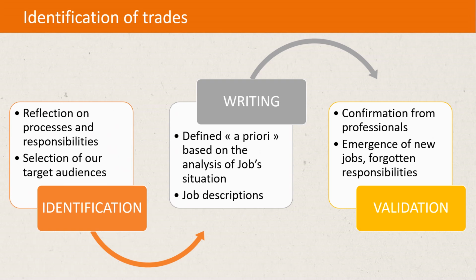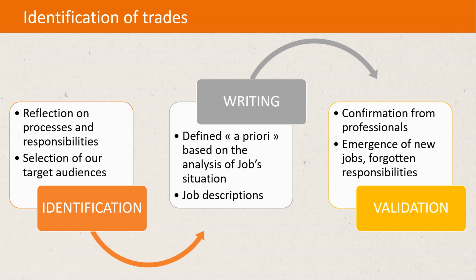Identifying the jobs involves thinking about the processes. So in each process, we really look at who's involved and what their responsibilities are. This is what enables us to identify the jobs involved in the processes. This must be done with precision. Then we selected the jobs or occupations that are our target audiences. Because while the method allows us to identify all the jobs involved in the processes, we are only interested in the jobs that are our target audiences. In other words, those defined by the objectives of the support programs and by COLEAD's governance policy. We won't train everyone, just our target audiences.